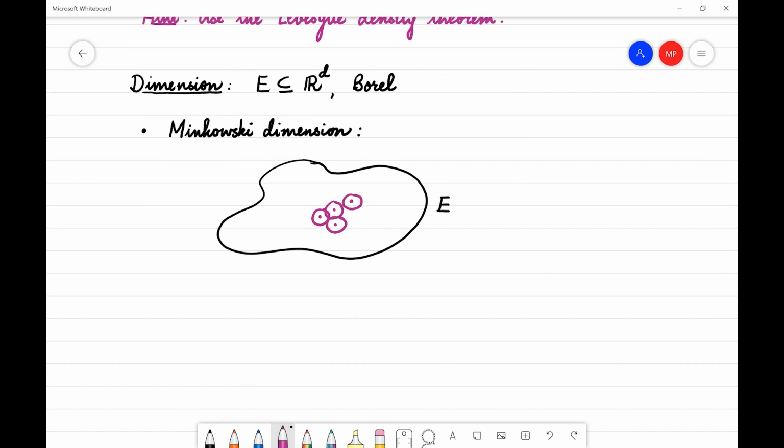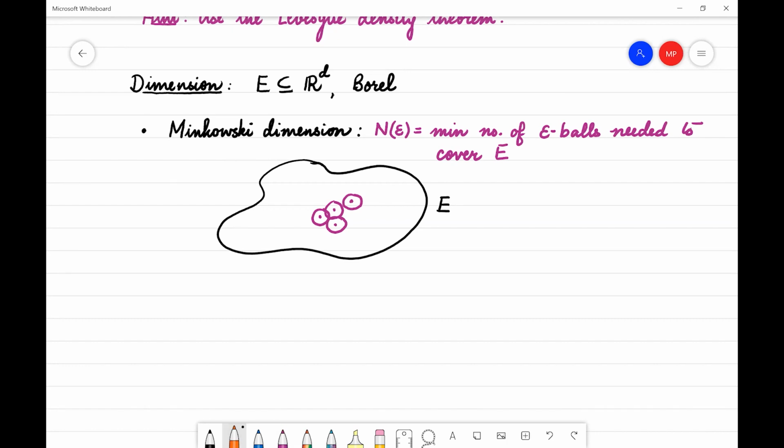And suppose that you need n epsilon many, which is the minimum number of epsilon balls needed to cover E. And if n epsilon is roughly epsilon to the minus alpha, as epsilon goes to 0, then alpha is the